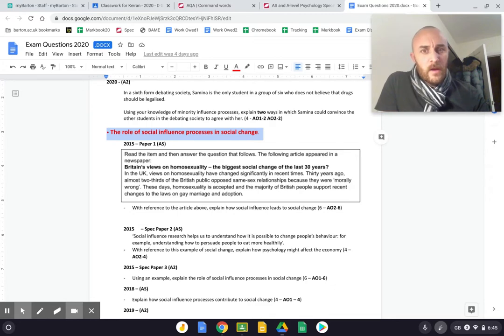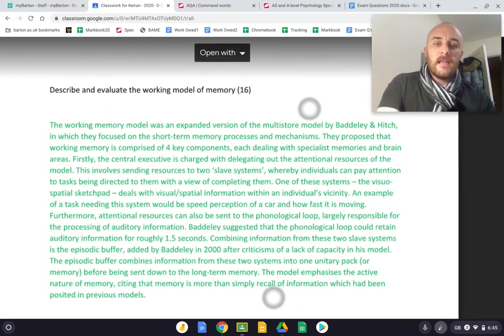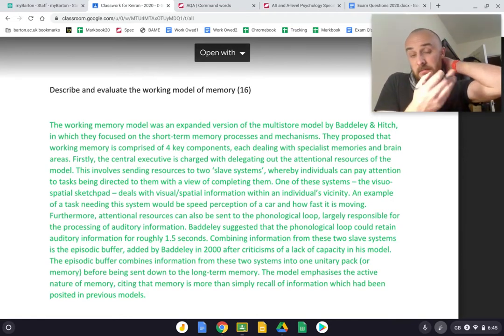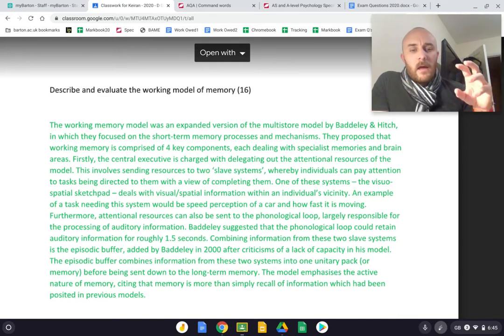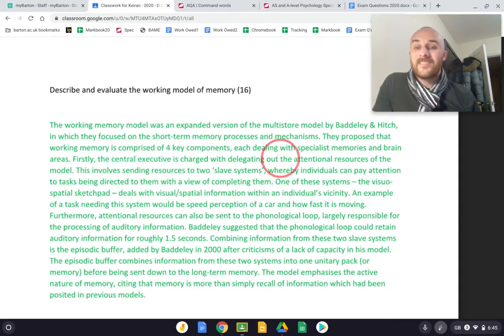I kind of went through specialist terms. So this is a model answer. I think I got it from a student and then I typed it up, about the working memory model, which we may or may not have done by this point. But what it would be worth doing is pausing the video, looking through this now, and going through what terms can only be used in that bullet point. So you're looking at things like the central executive, which would be a good one, right? Attentional resources, two slave systems, attention, visuospatial sketchpad, phonological loop, auditory information,